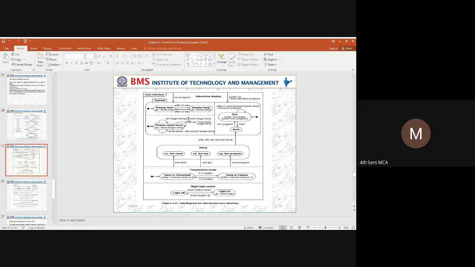So we are setting the temperature to perform a particular event. Next, we have a condition, that is, increment the temperature or decrement the temperature. That means whatever temperature we have set, either you can increase the target temperature or you can decrease the target temperature.